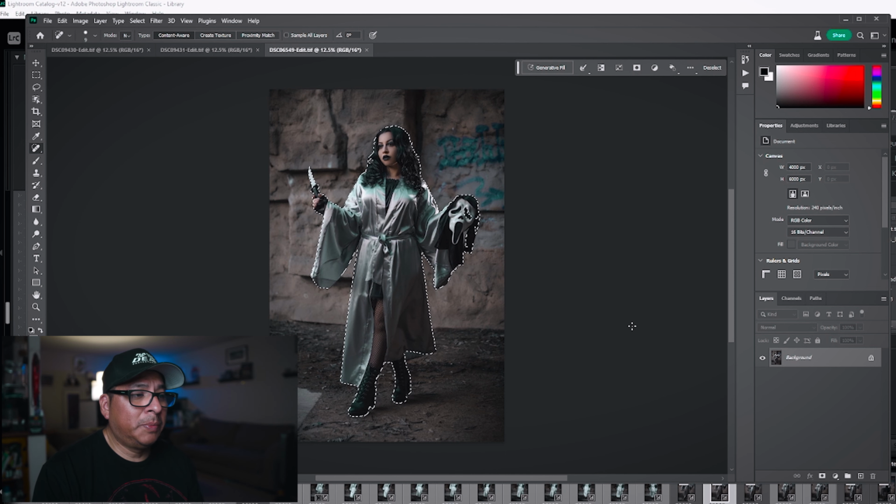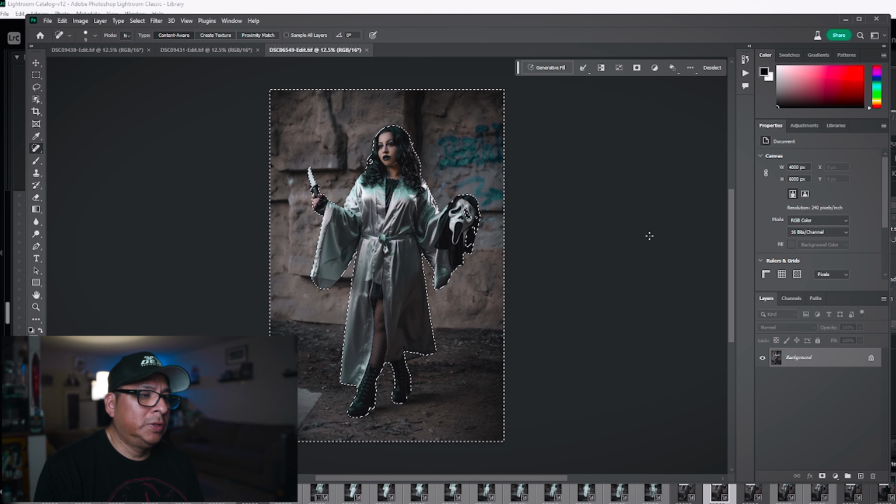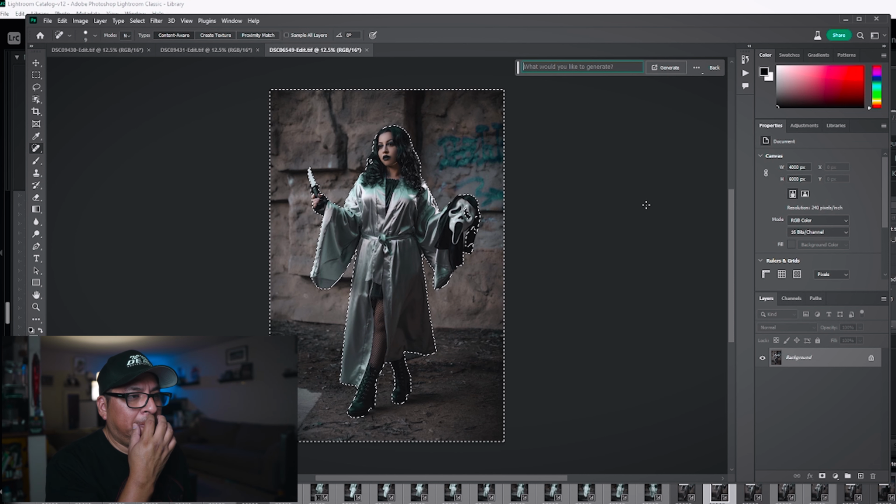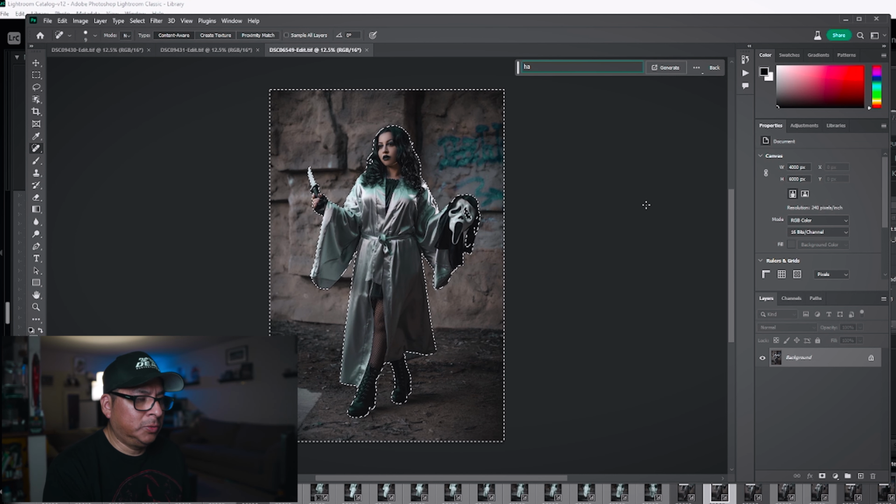And as you can see, it did a pretty good job of selecting everything here, including the knife. So let's click on invert selection. Make sure you do that, and then we can type in a command on generative fill. What's a good look for this ghost one? Let's put haunted house,